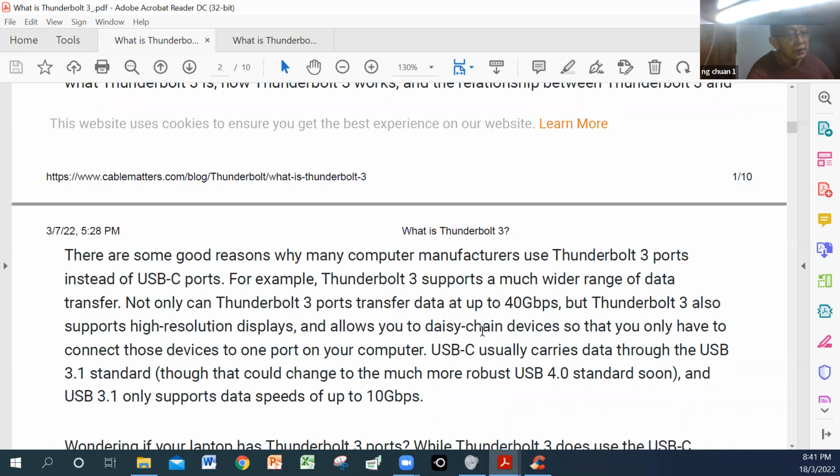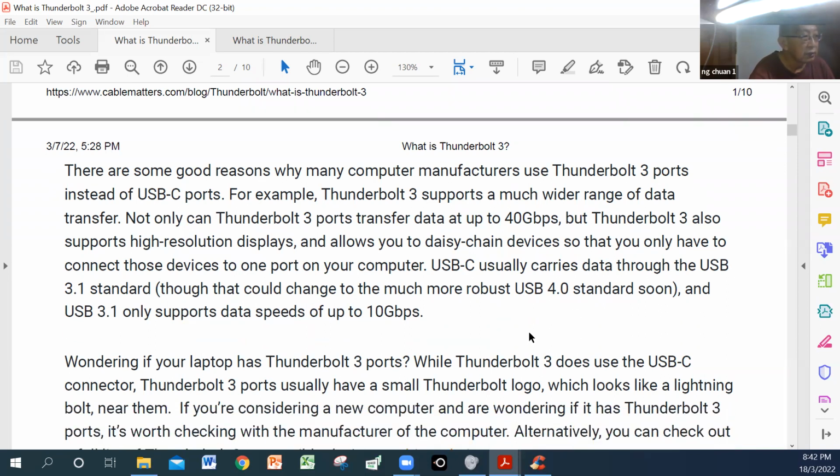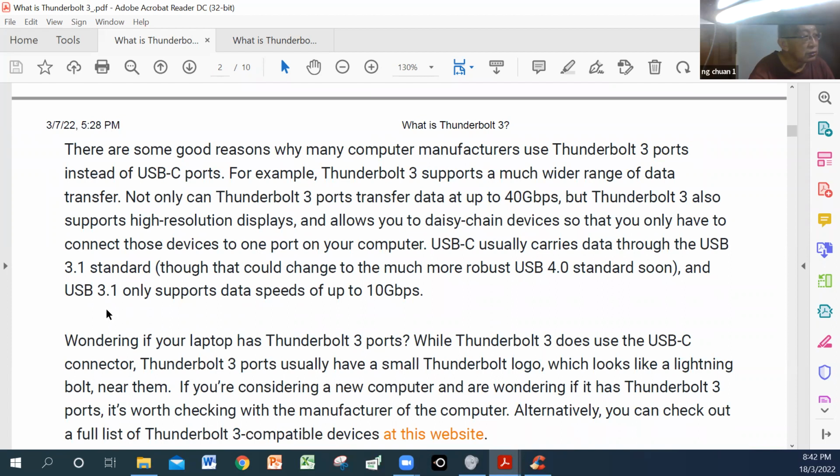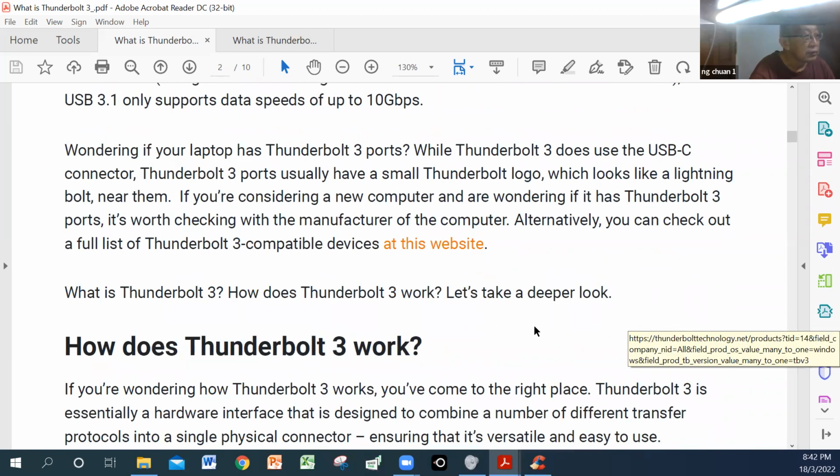You know what's daisy chain? It actually connects in a chain manner. No need to have a USB hub actually. You can chain it up together. Then USB-C carries data to the USB 3.1 standard. So USB 3.1 only supports data speed up to 10 Gbps. Okay? So we are talking